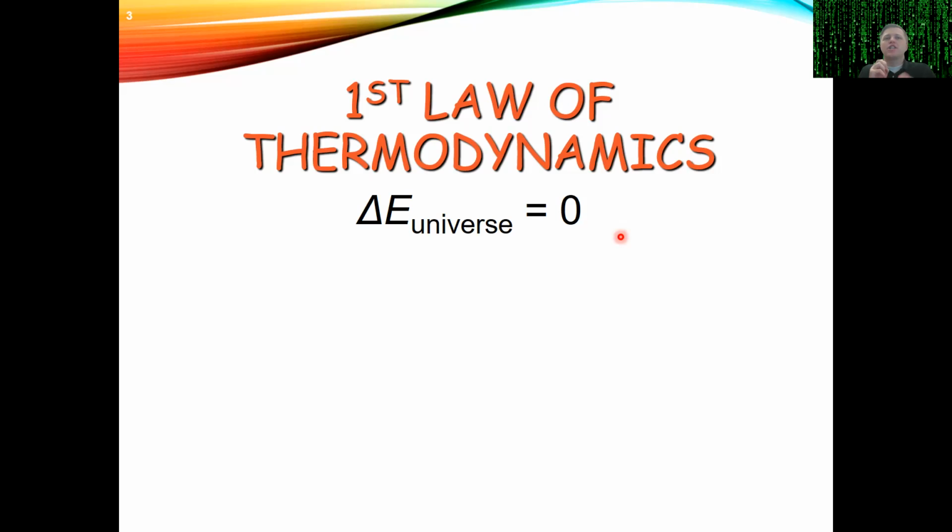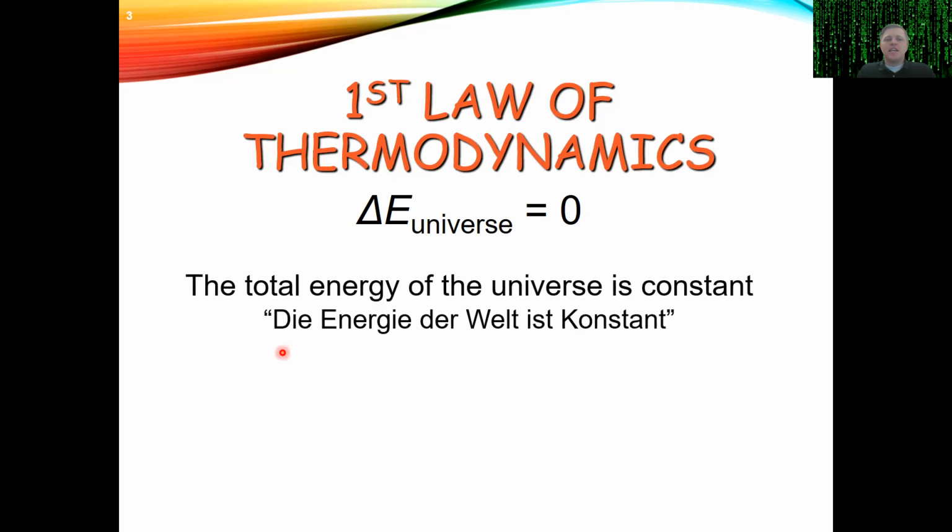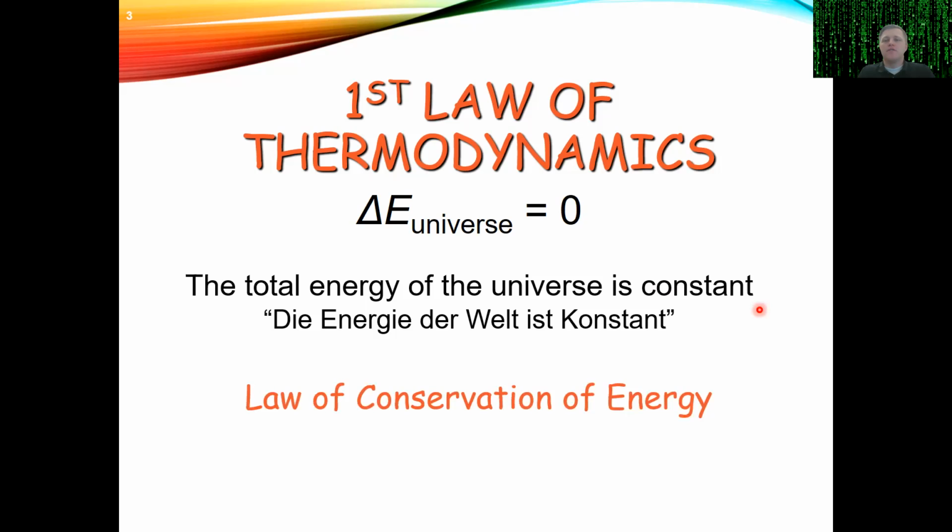So even if you have a reaction that explodes with huge energy, let's say an atomic bomb going off, that is still not actually changing the energy of the universe. You've just moved the energy from one place, in the case of an atomic bomb, from the nuclei of the atom. You've moved it from the nuclei to the surroundings, but the universe still has the same amount of energy. So put more succinctly, die Energie der Welt ist konstant. Now, I don't speak German, so maybe you could pronounce that a little better than I could. But basically, the total energy of the universe is constant. This is what we often call the law of conservation of energy.